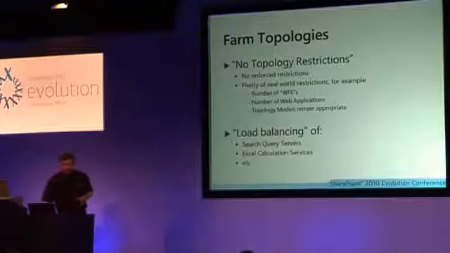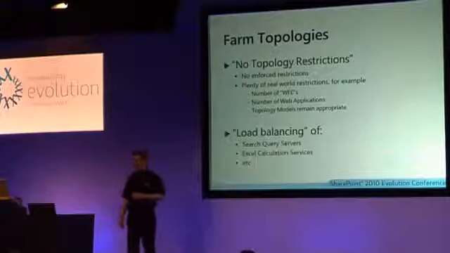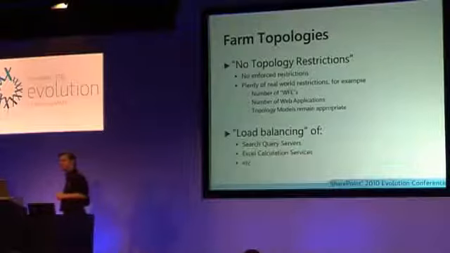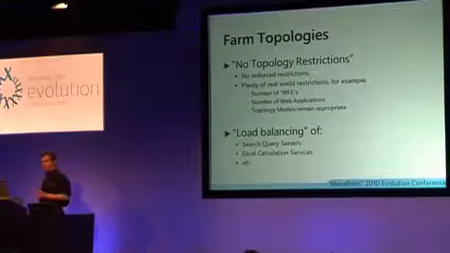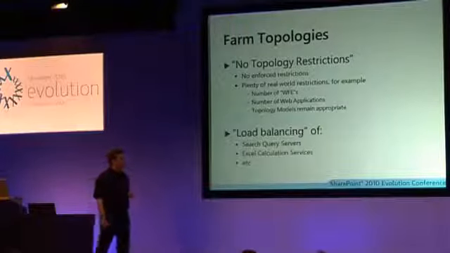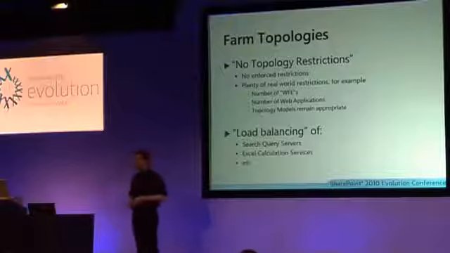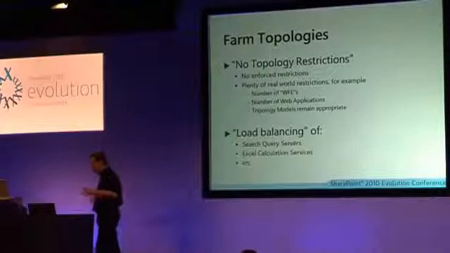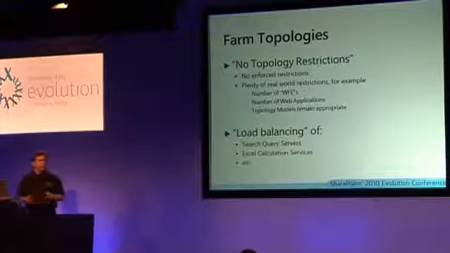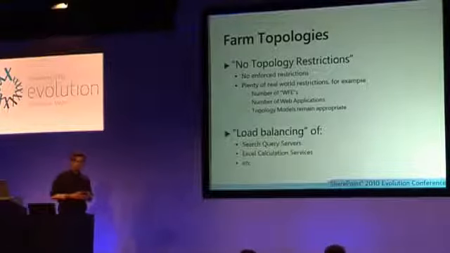But of course, the reality is there are actually plenty of restrictions on the topology in the real world. You can only have a single index server per shared service provider, for example. You weren't able to have high availability and redundancy for the search service in SharePoint 2007. And again, this remains true for 2010. We have many more services. We can do extremely complex farm topologies. But there's still restrictions on what is sensible to do.